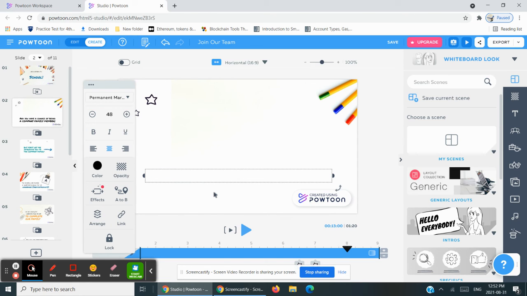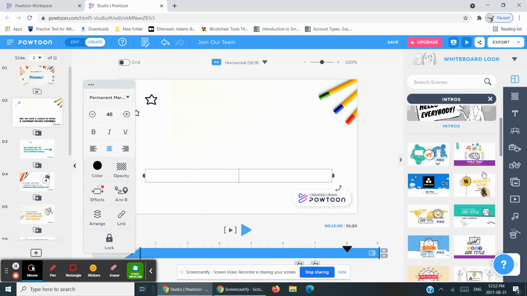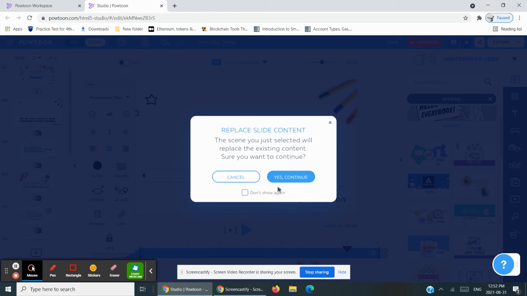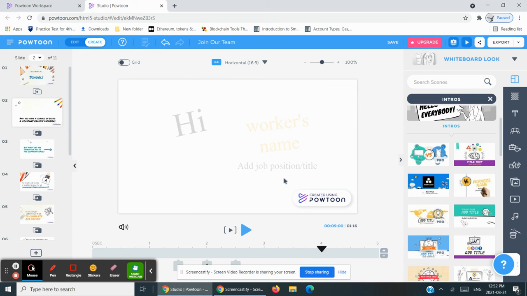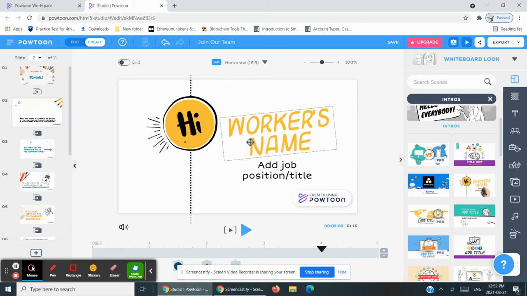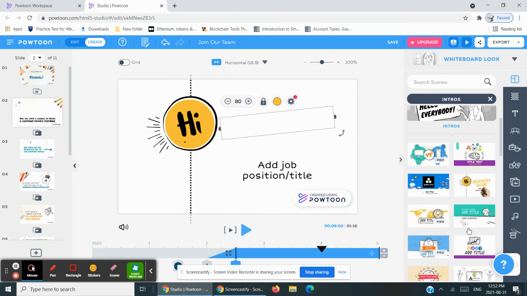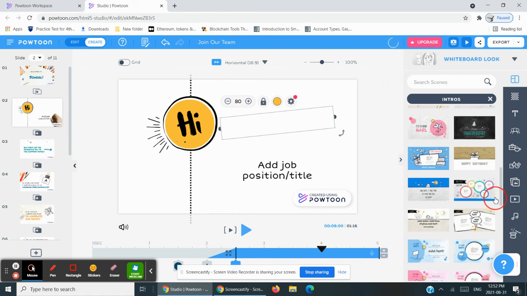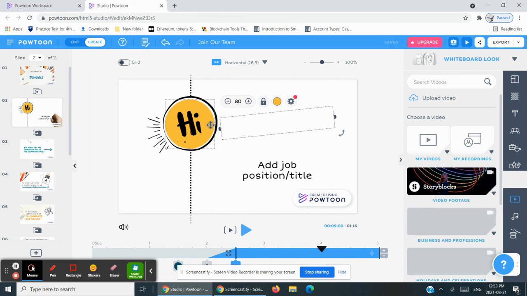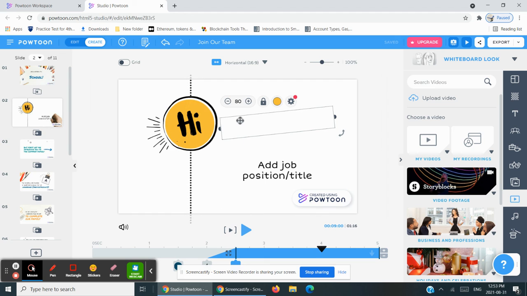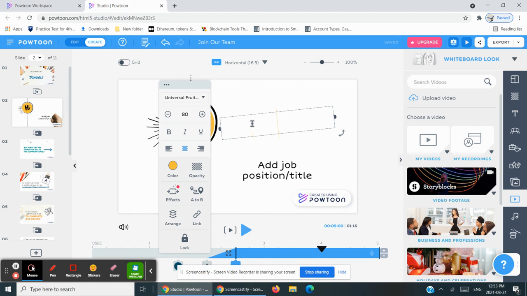And then I'll write, let's just go to intros because there I can find something. What does that mean? Okay, well, you can click some of these intros. They do work very well. I'm trying out this one. You can try out so many, but again, if they say pro, you'll have just a bit of difficulties, which is not as good. So right here it's high, and then I'm going to type